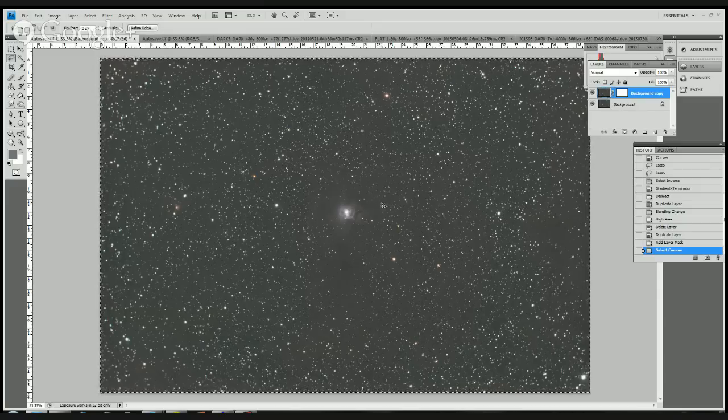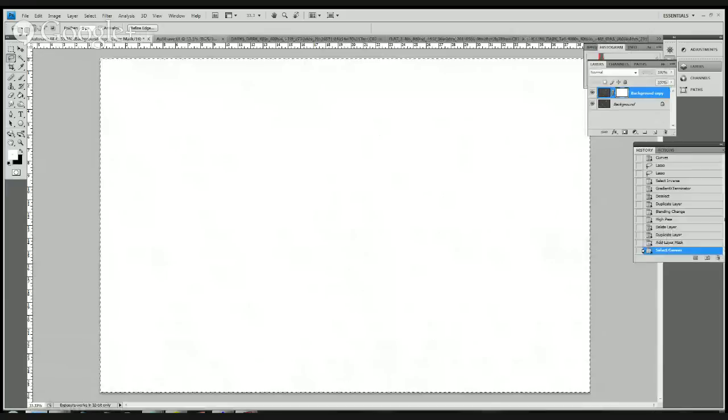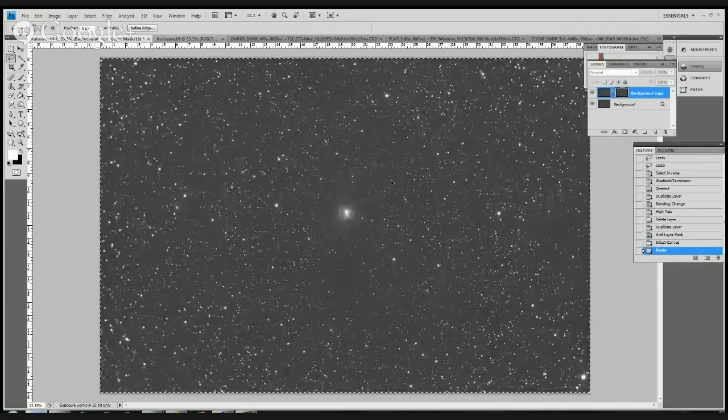Then I'm going to hit Control C, which is copy. Then I'm going to jump over here, and I have to get into the layer mask. To get into the layer mask, you have to hit Alt and then click. So it gives me this white screen. I'm going to paste my star. I'm going to paste that image directly into here, and what I now have is the